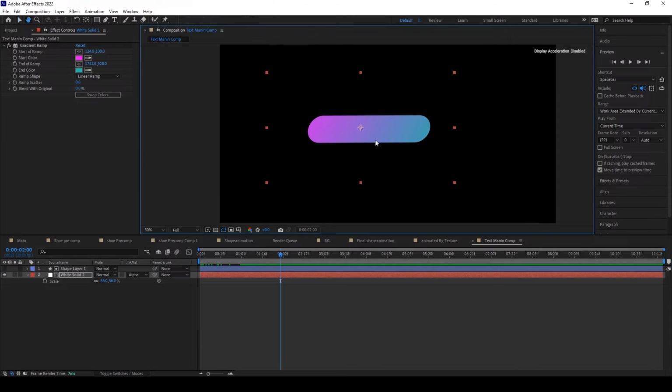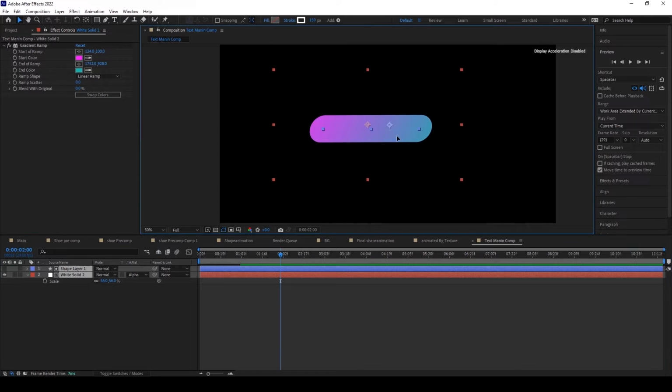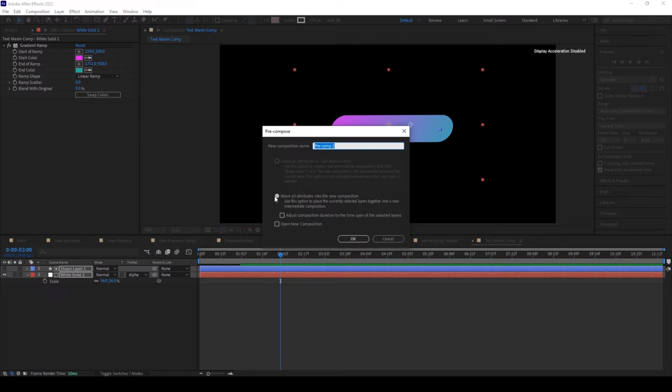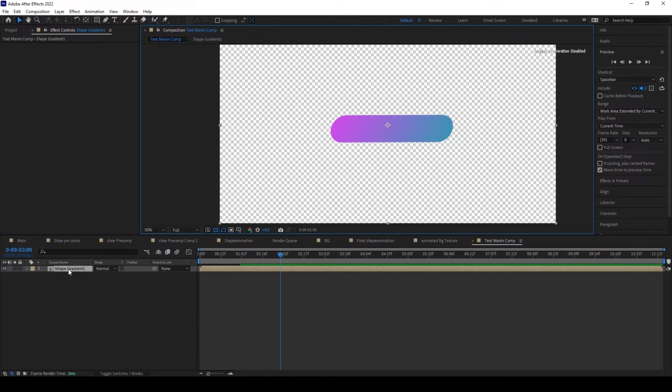Alright, and just now select both the layers, precomp it, precomp this one as shape gradient 1. Just duplicate one more time